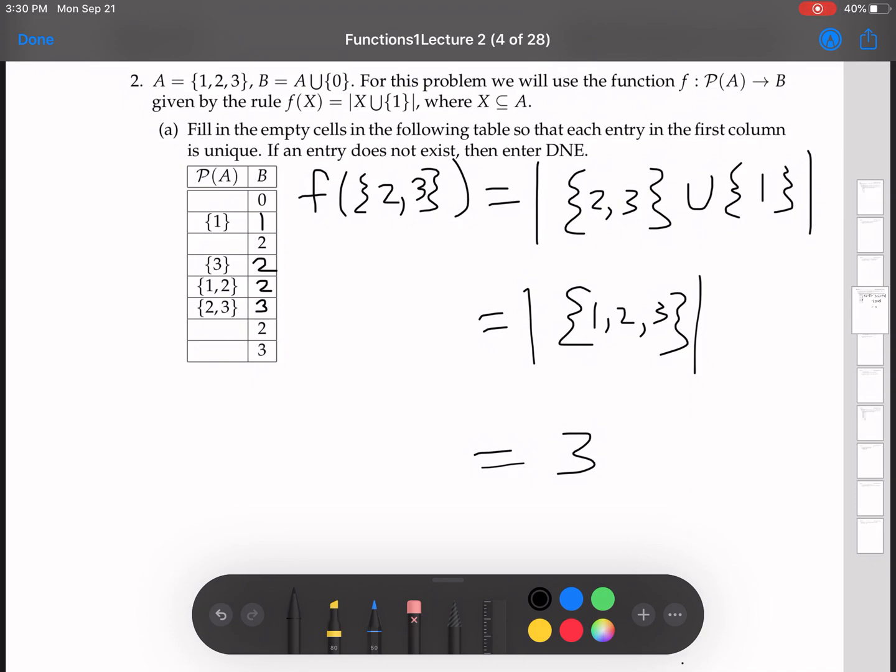Okay, so now we need to think, is there any other way we can get, so to figure out this one, how many different ways can we get a 2 in the second column? Let's see, what here, union with 1,